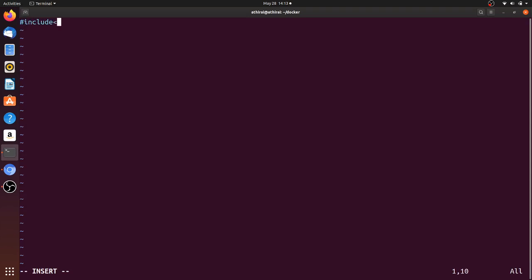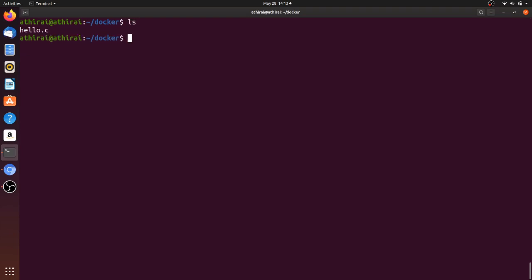So this is the program: #include <stdio.h>, int main, and then printf "welcome to the docker world\n", and then return 0.